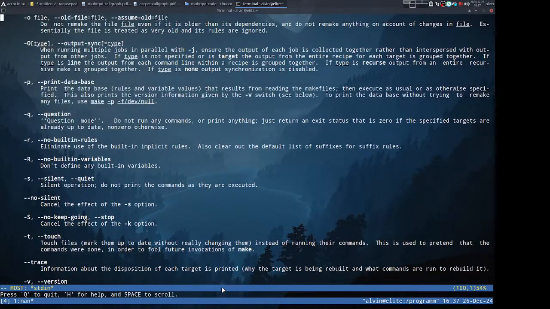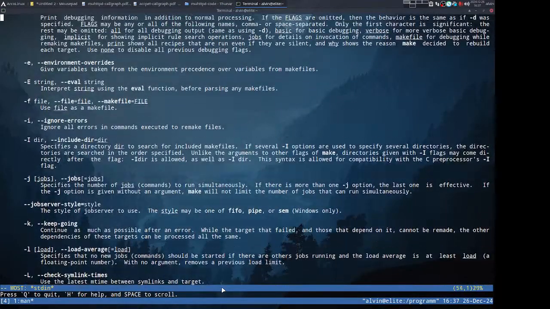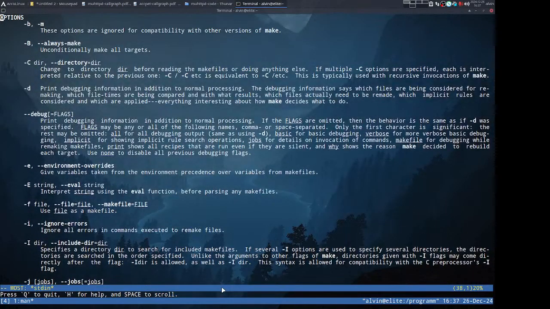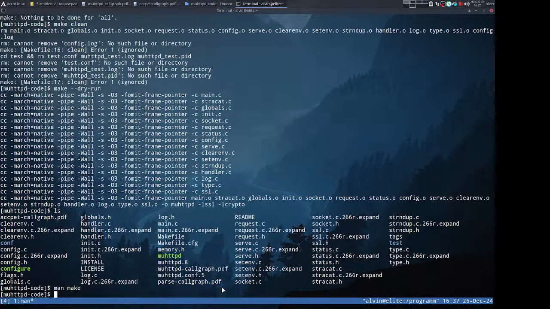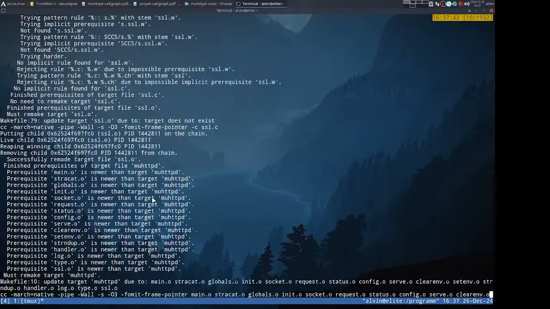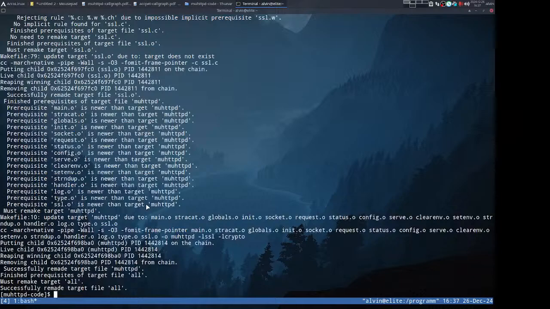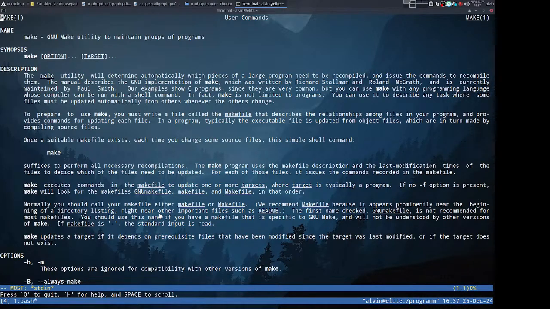So if you never actually look at the manual page for make, you should go ahead and do that and just browse and see what you can do. So you could do like make debug. So what is it doing? That's not the one I was trying to find. I think it's